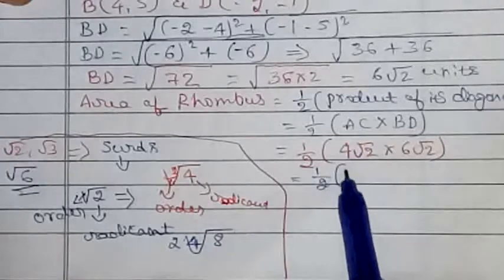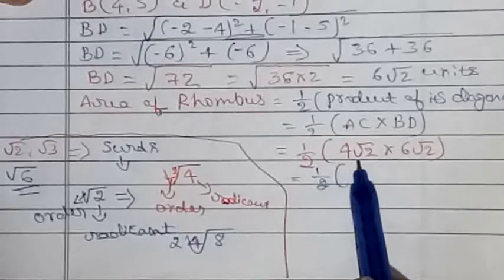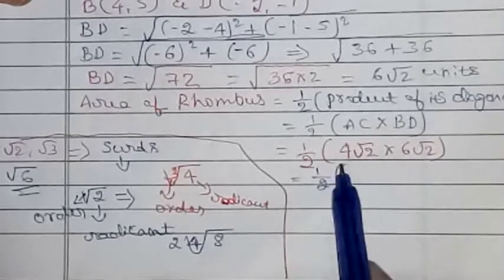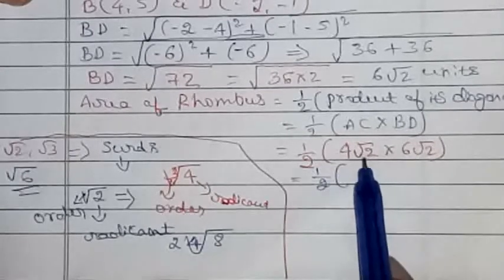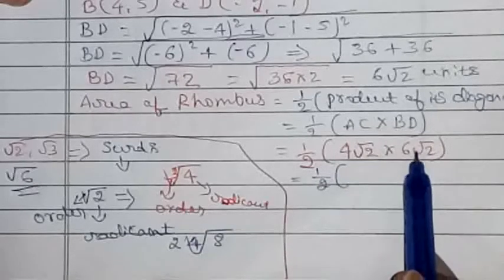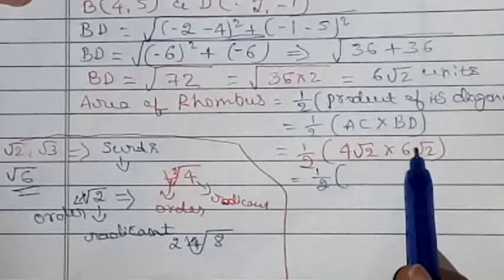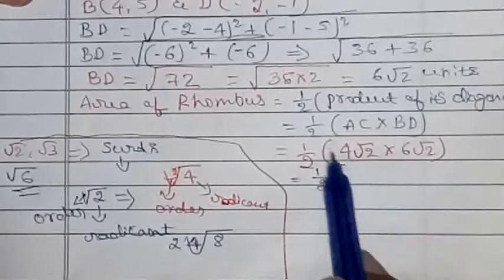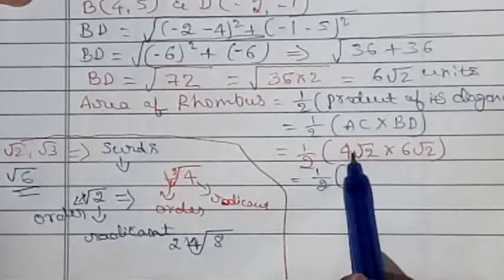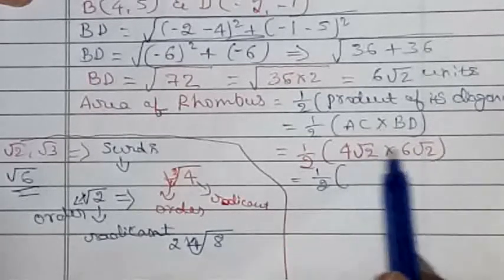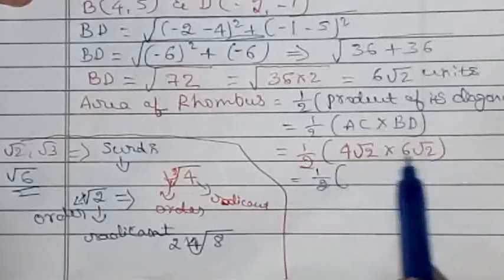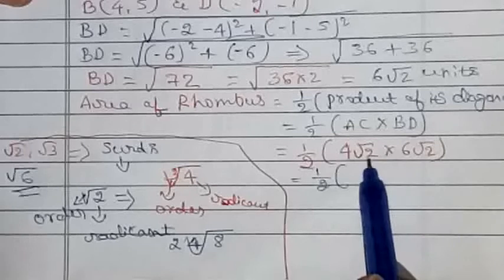Now just observe here. If you want to multiply these type of numbers, nothing but if you want to multiply the surds, the order should be the same. Now just check what is the order. So here 2 is the order. Here also nothing is there, which means it starts from 2. So therefore 2 is the order, right? Because it's a square root of 2. Square means it's power 2, right? So therefore it's 2. Okay, the square root of 2, square root of 2. So orders are the same. So if the orders are the same, you can multiply the radicands.